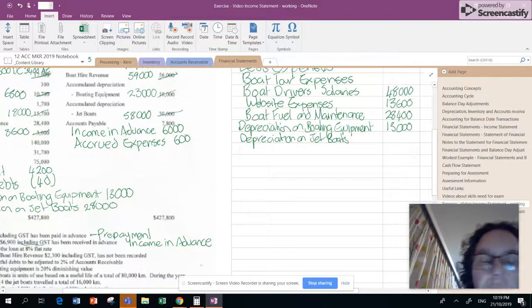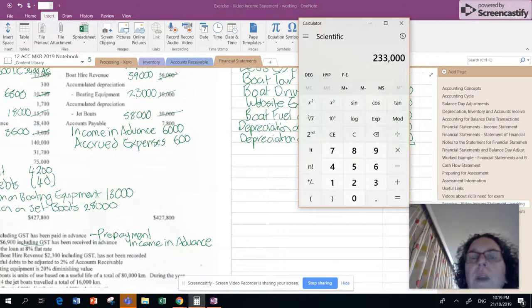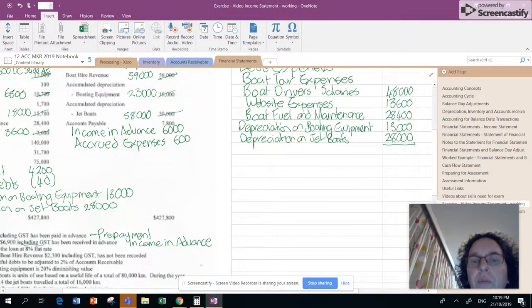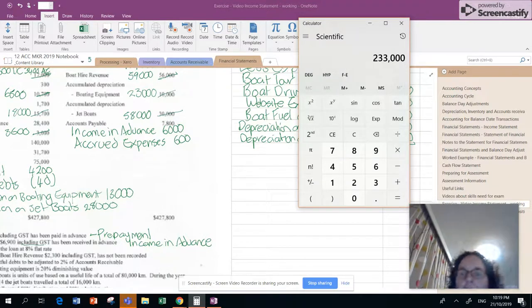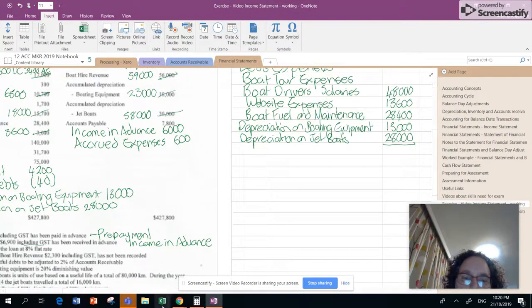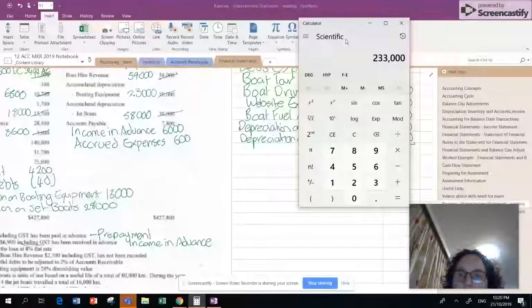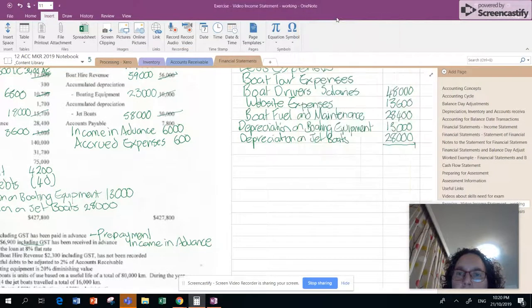So remember, this first category for a service firm includes all those things that we need to actually provide the service. And if we were doing a trading one, that would be our distribution costs. So anything that it costs us